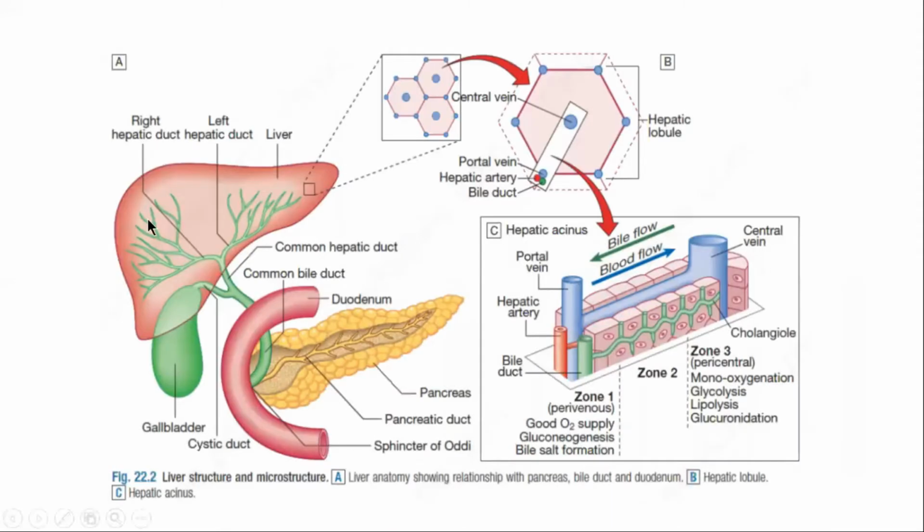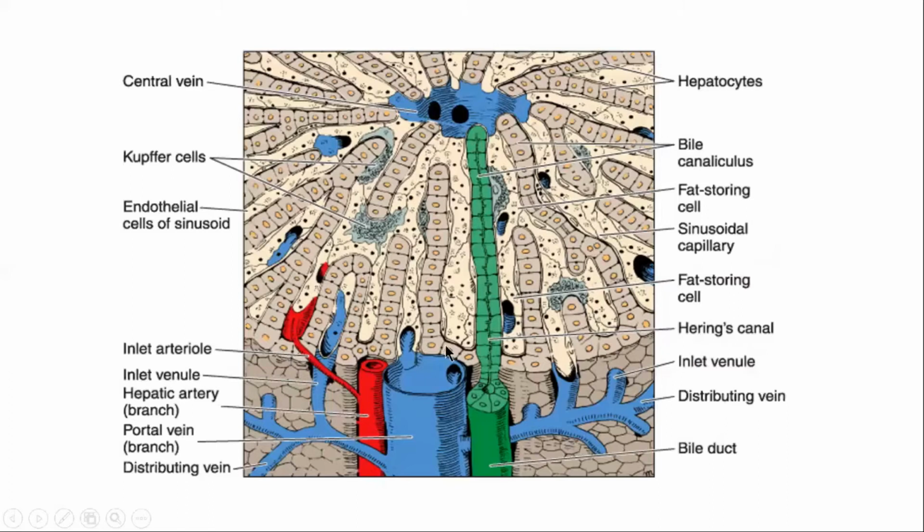Before going to that, we want to talk briefly about the normal anatomical structure of the liver. This is showing the liver, and with associated structure, this is the hepatic lobule consisting of portal tract and central vein. And this figure shows the direction of the bile flow and the direction of the blood flow, which is called hepatic acinus. This is another structure of liver showing the sheet of